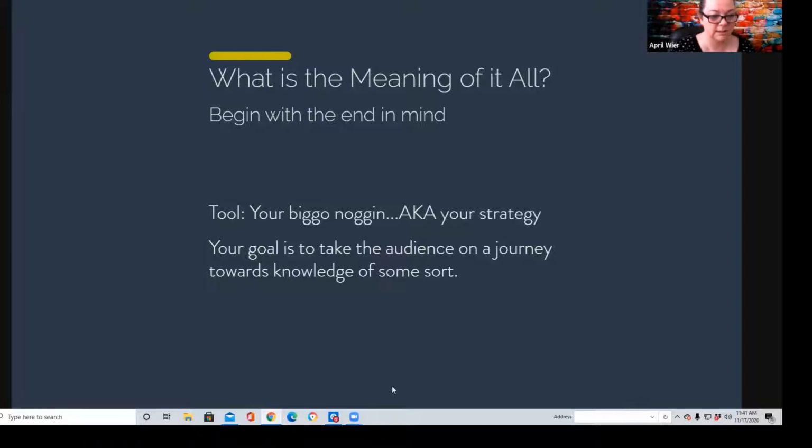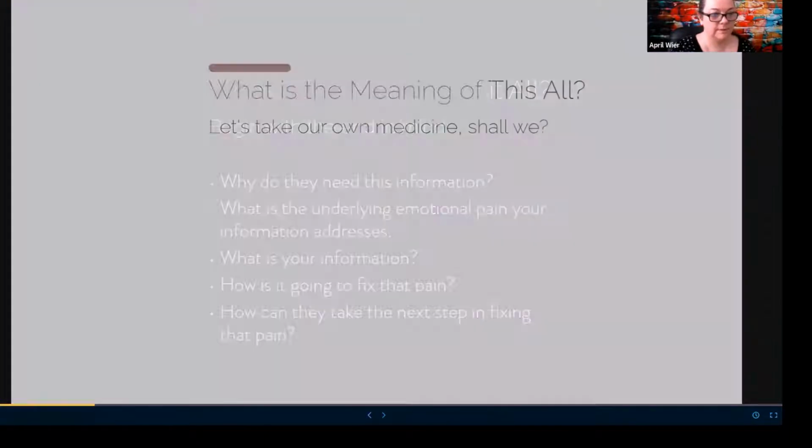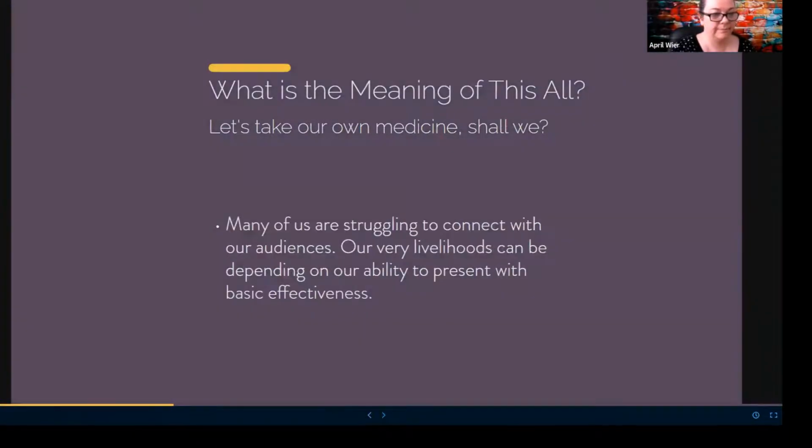I've got a ghost in the machine here. All right. So